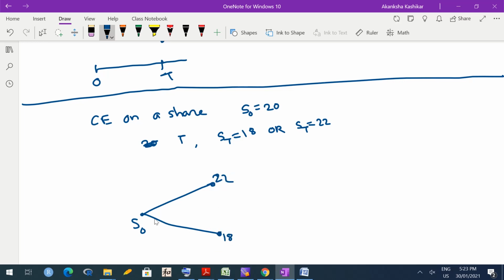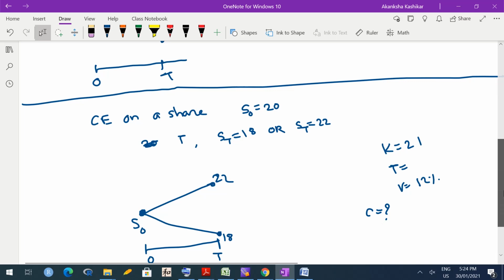In this scenario we will try to determine the price of the option. Price of the call option means what? The strike price would be given to us. Let us assume that the strike price is say 21 rupees. Time period is T, the same time to maturity. And suppose the risk-free rate of interest is given as say 12% per annum. Then what should be the price of the call option today? Price means small c, the initial amount that you have to pay. We will try to decide this.